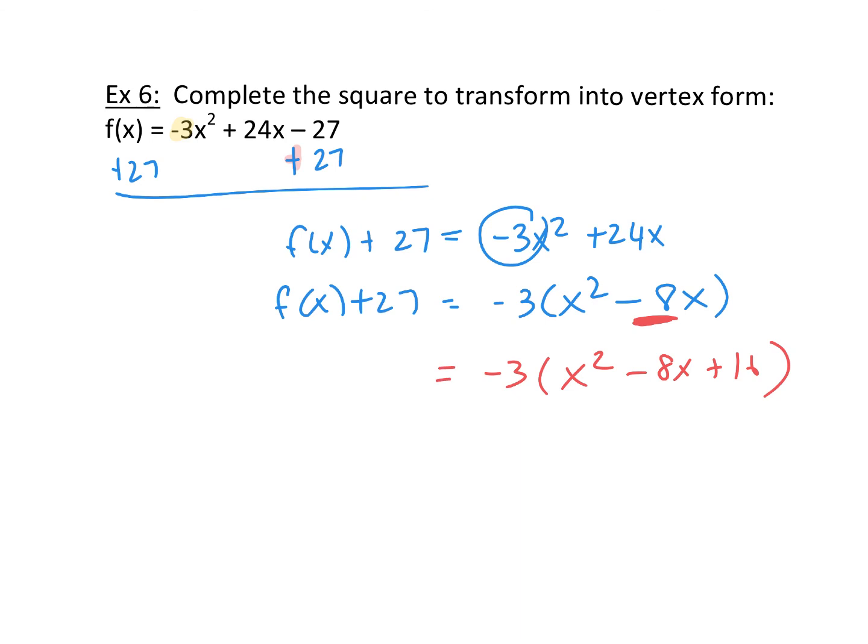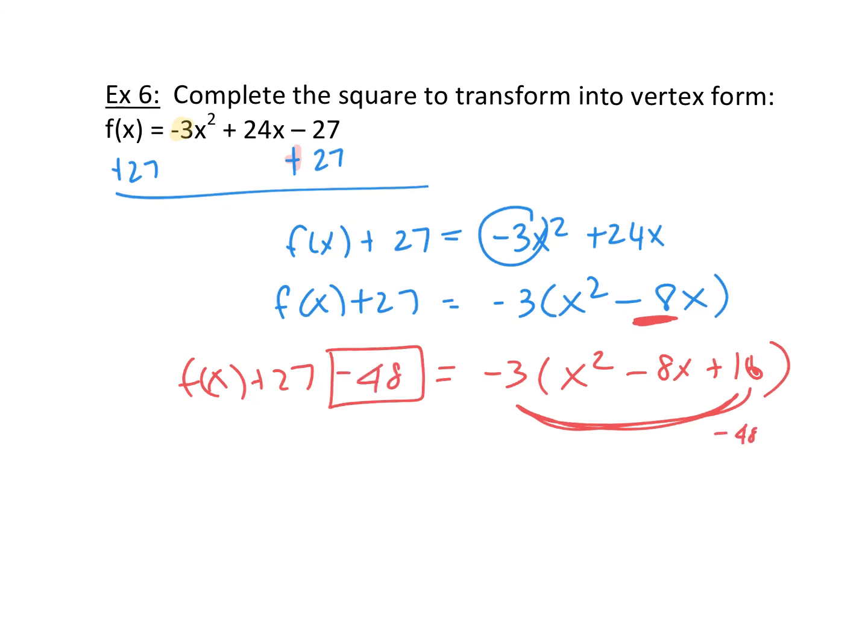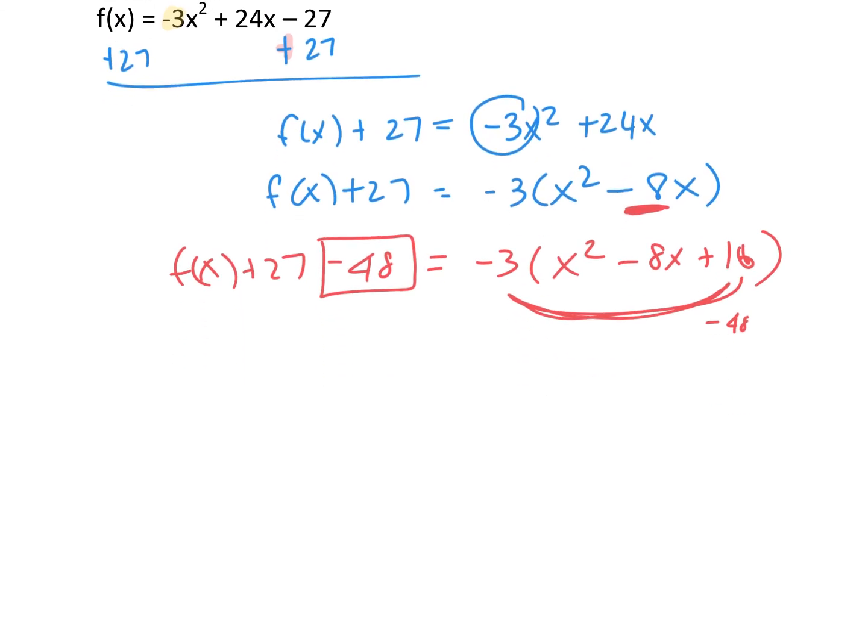But its true value is not really 16 because it's being multiplied by -3. So on the left side, I'm putting a box again. I'm not adding 16. It's times -3. It's actually subtracting. It's really -48. Okay, so I'm going to subtract 48 on the left side to make them, again, balanced on both sides of the equation. So I now have f of x equals 27 minus 48 is going to be,